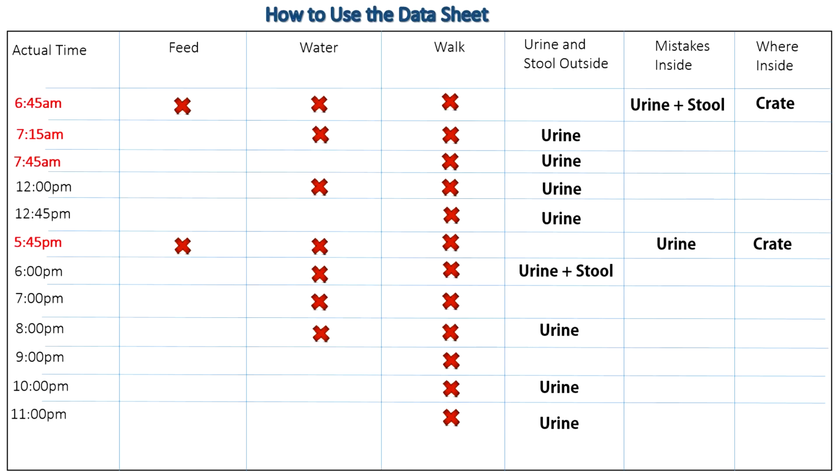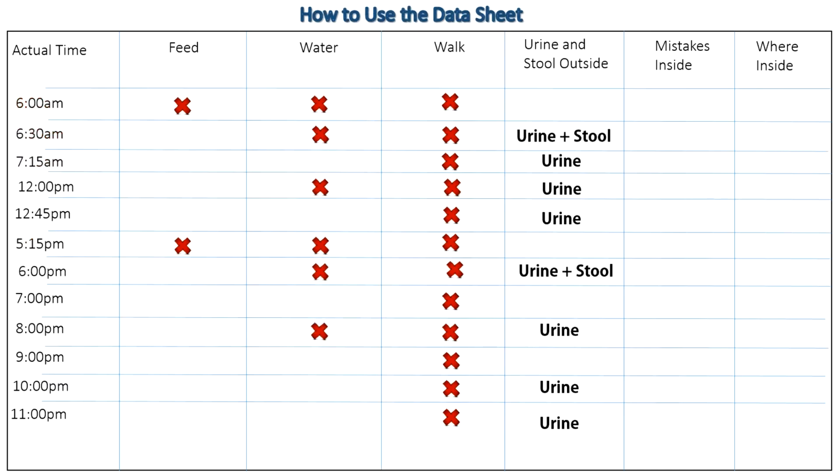But by keeping this information on a day-to-day basis, and you're going to probably need more than one sheet, so print up a bunch of them, but keeping this information on a day-to-day basis and having a record allows you to go back over and look for different patterns that develop. Now, on the good end of this, I know this is kind of the sorry end, but on the good end of this, now we're going to go back to our data sheet, okay, and I've erased all the stuff that we just did. Let's just say after a few weeks, you're looking at your data sheet and you go,